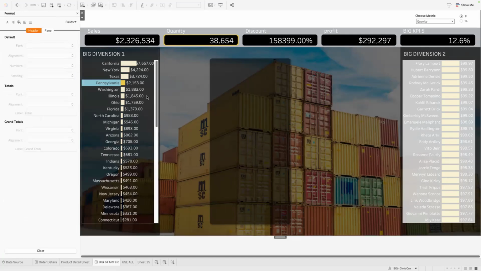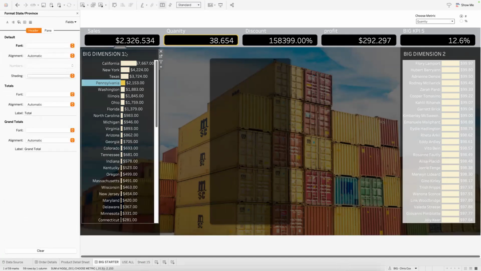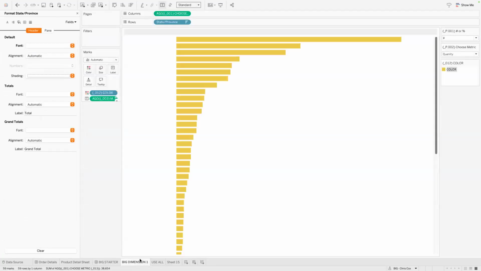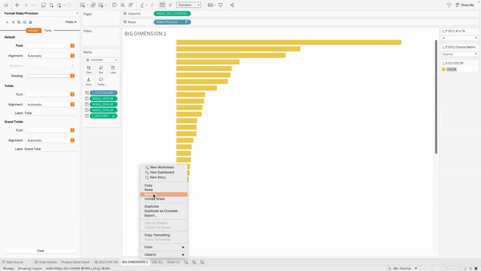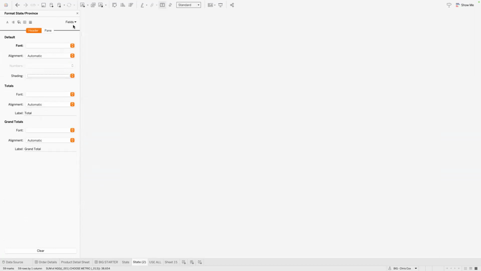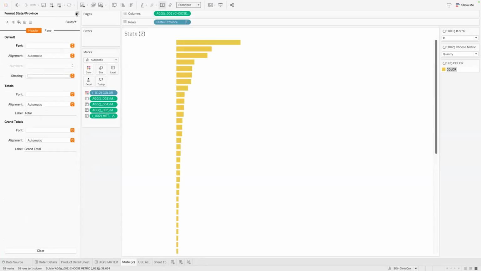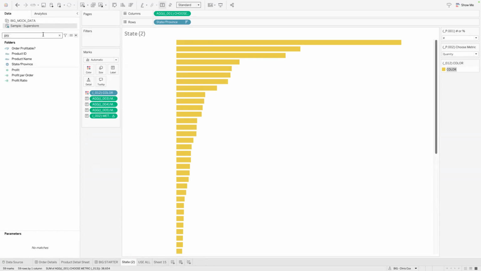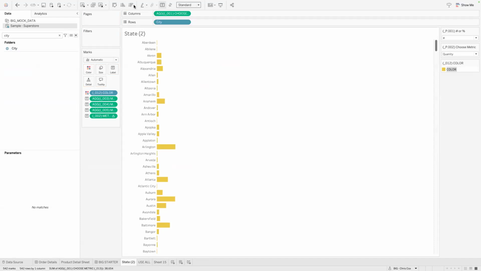Okay, so once I have one of these things set up, it's really simple. Let me just go into this sheet. I'll rename this to state, and I'm going to duplicate here, because that way I get the exact same format. And then I pull in city, I think, was another thing we had. If I just pull in city here, it'll do the same thing for me and I don't have to do anything.